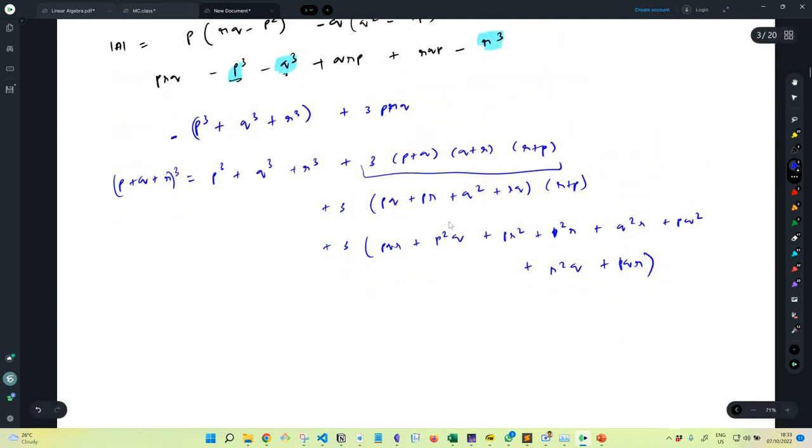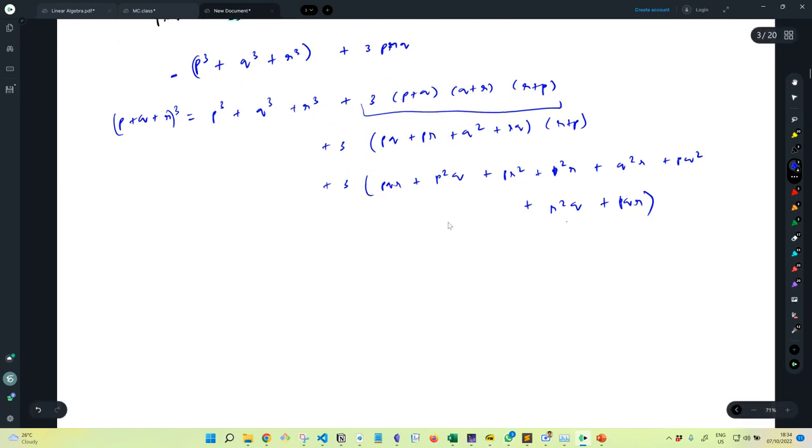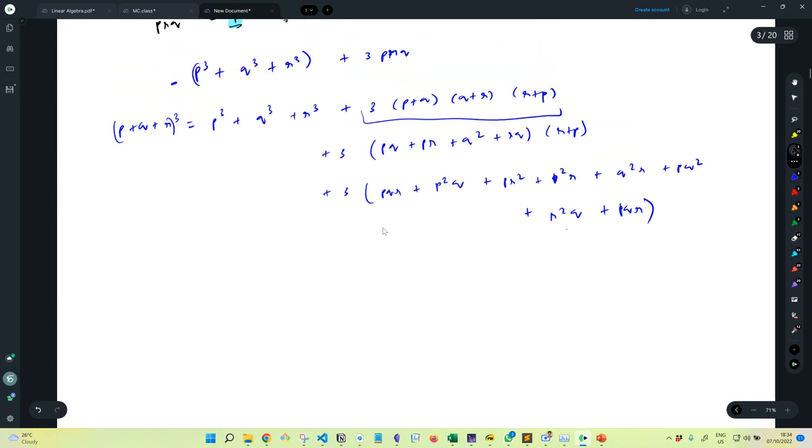Hopefully I have not made any mistake. I'll just verify once. pq plus pr plus q square plus qr into (r plus p). Then you have pqr plus p square q, pr square plus p square r plus q square r plus pq square plus r square q plus pqr. Yes. So then from this I can take, yeah. So basically,